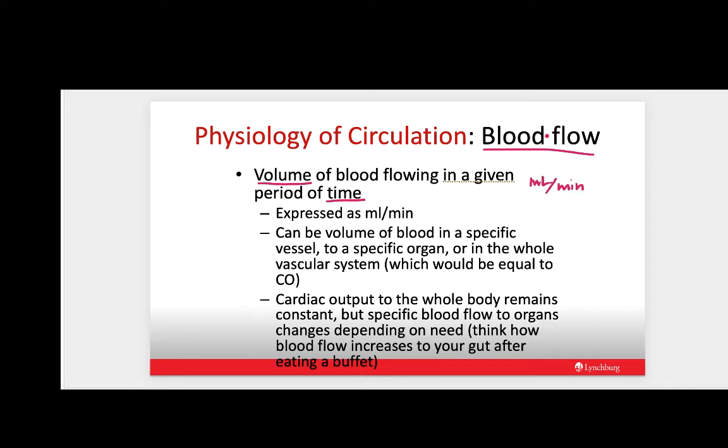Okay, now we can look at blood flow and we can say, well, how much blood is going to a specific organ, or how much blood is flowing through a specific blood vessel, or how much blood is actually flowing through the entire cardiovascular system. And in that case, we would be looking at cardiac output. So if we look at cardiac output, just to define that, cardiac output is going to be heart rate times stroke volume. Okay? Meaning heart rate is how many beats per minute